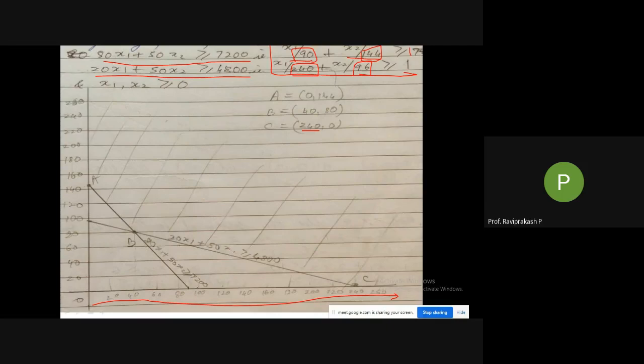For the first point, 90 and 144, where is 90? It is here. I have taken 20 each: 1 centimeter is equal to 20 units, so 20, 40, 60, 80. Between 80 and 100 I get my point 90, so I draw a point here. Then 144, which is between 100 and 150, again with 20 units each. The only difference you may get is a slight one, because each line on my paper may not be exactly 1 centimeter.